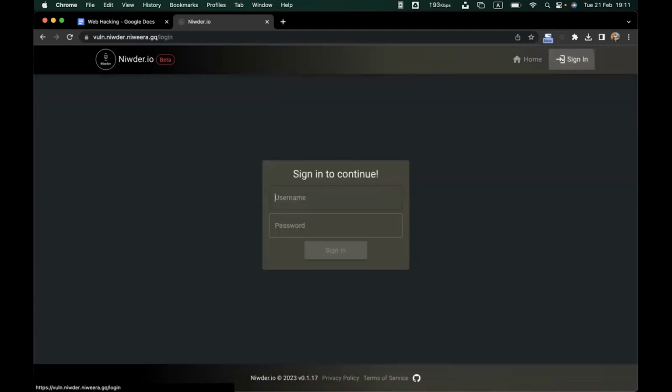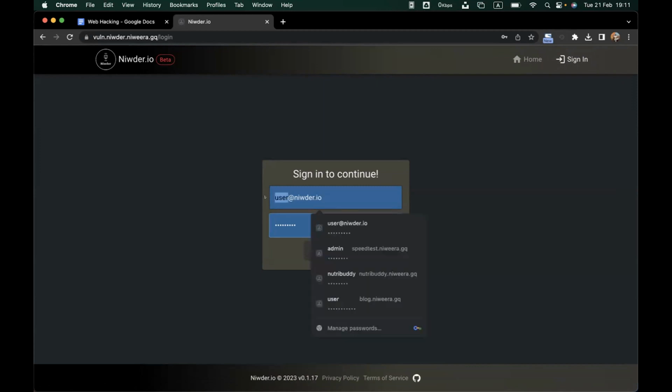So in here, the platform is some kind of message board. What it does is, you can send a public message, and then it can be shown to another person, like on Reddit or Twitter, something like that.